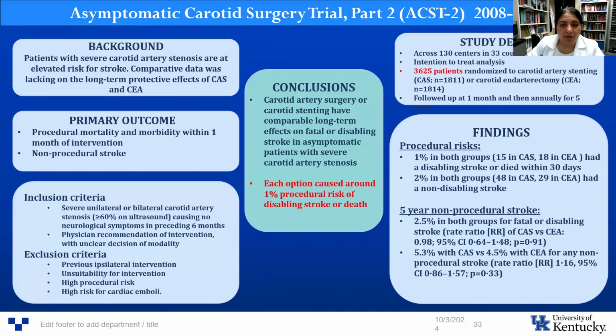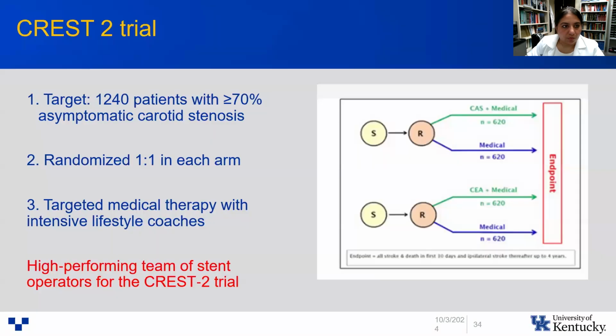And then again, they found that both stenting as well as CEA provided benefit in major stroke, following up for 5 years. So another ongoing trial is the CREST-2 trial. Again, this trial started recruiting patients in 2014. And here the target was 1,240 patients. We are still awaiting the results with great anticipation. In this trial,